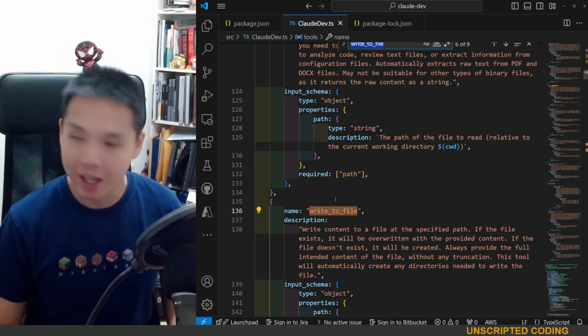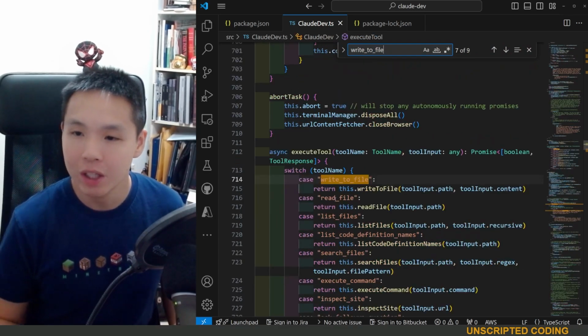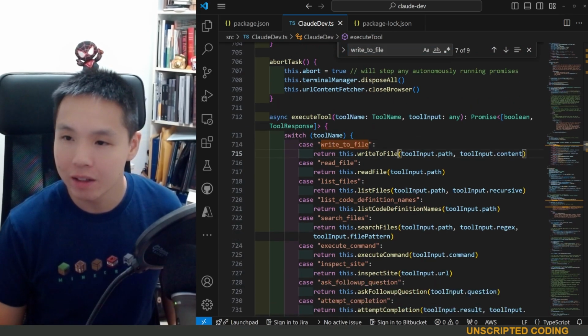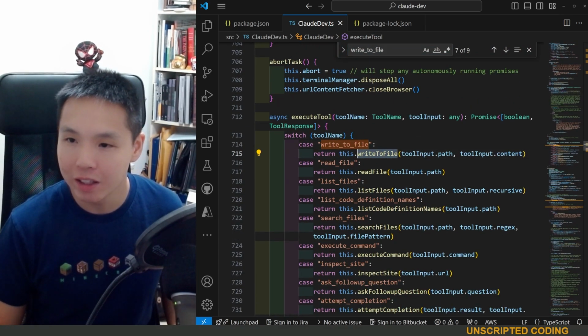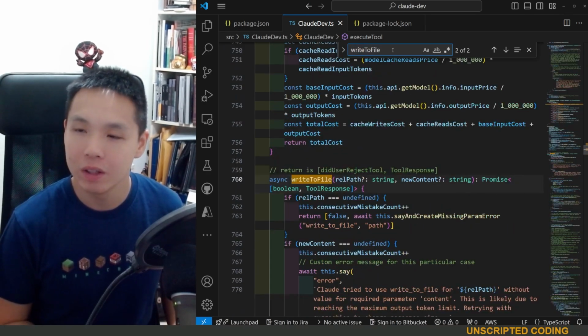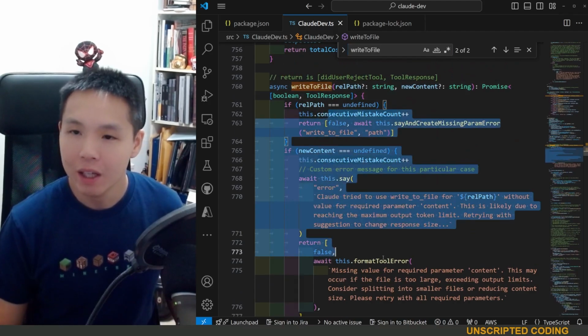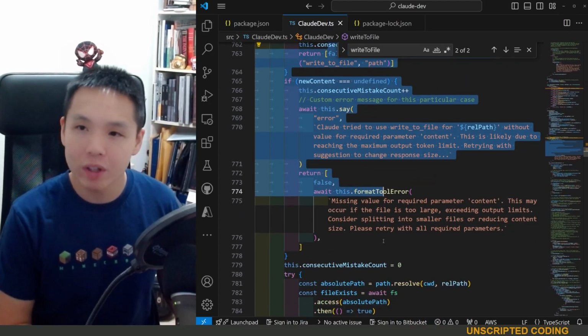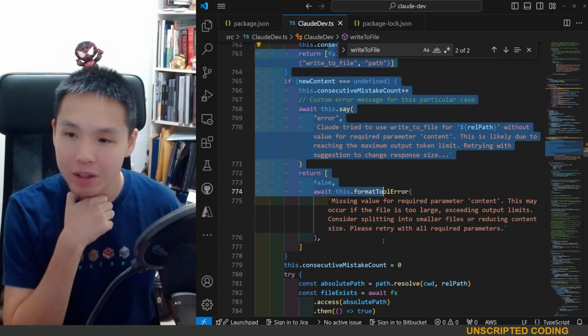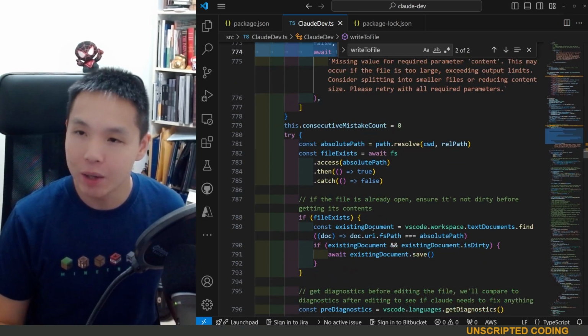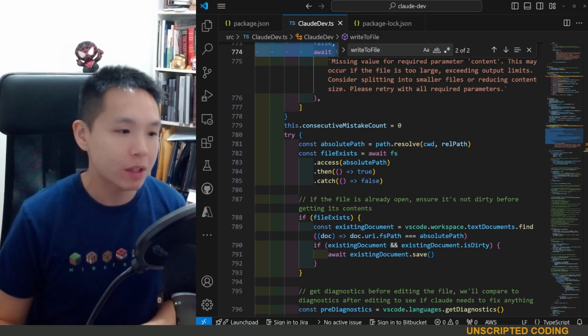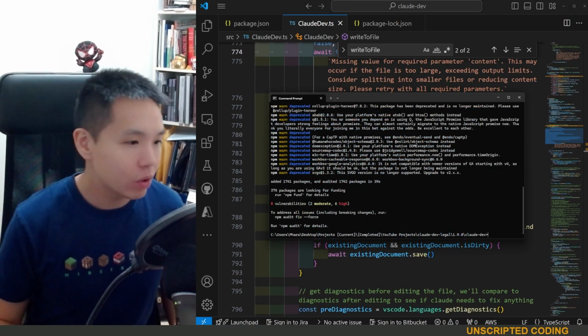Finally, if we actually search write to file as just one of many tools, you're going to see that it triggers this function, write to file, in camel case, and this is where the magic comes in. And we could just shoehorn in an additional function, an additional tool, and we're going to do that in a moment. I am just going to finish this up